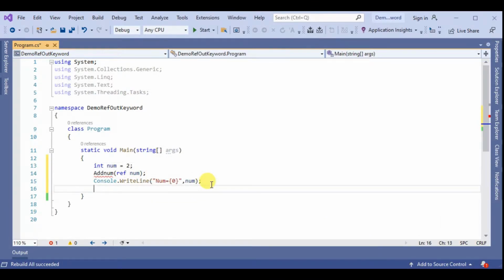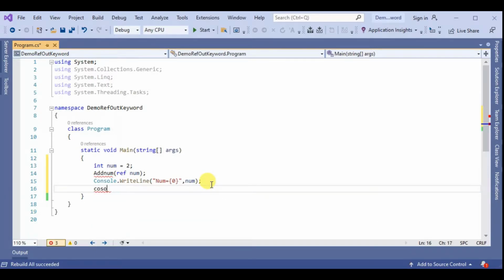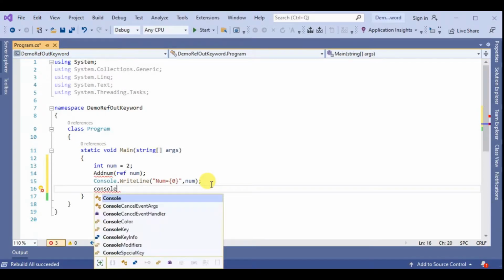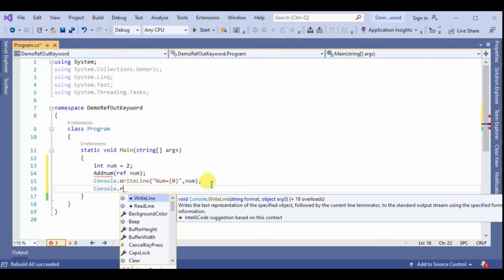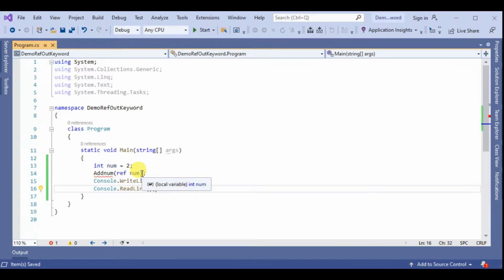Then Console.ReadLine, and save. Here we declare the AddNum method, pass the num parameter with ref, and print the num value.